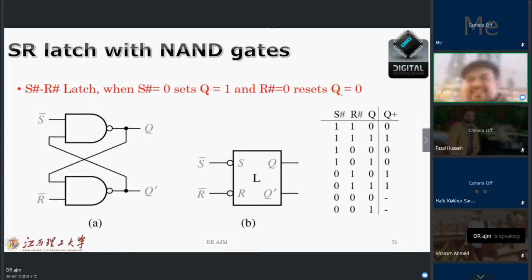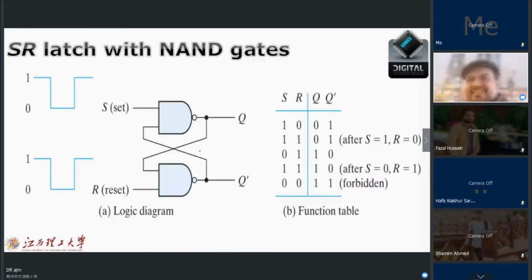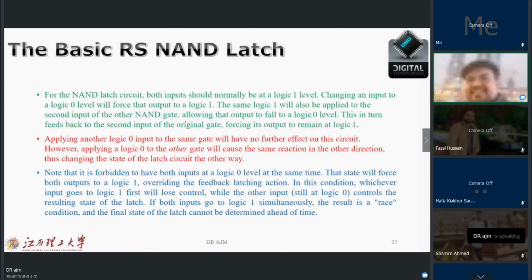The NAND latch has a standard form, which we show here, and we will show it with S bar and R bar as the figure shows. Again, I show here the set and reset, which means with 1 and 0 as the initial state, what should the output be? It's the same. Then for the basic RS NAND latch, both inputs should normally be at logic level 1,